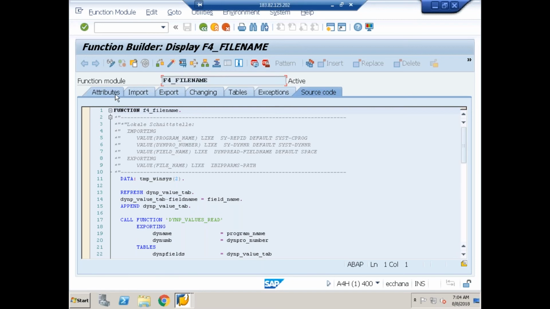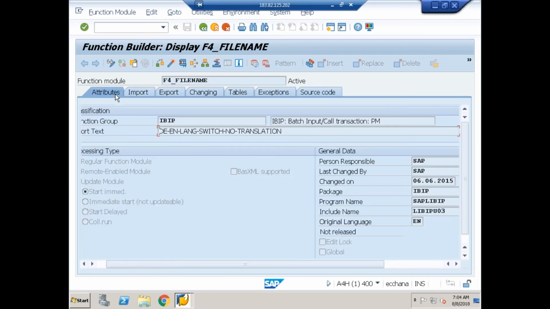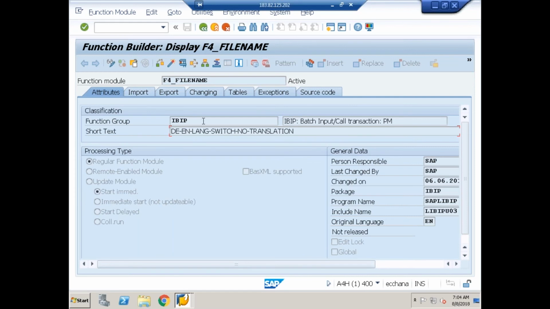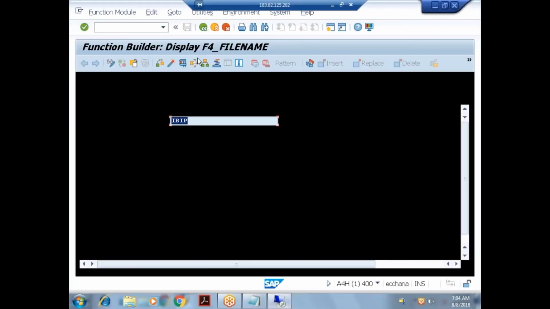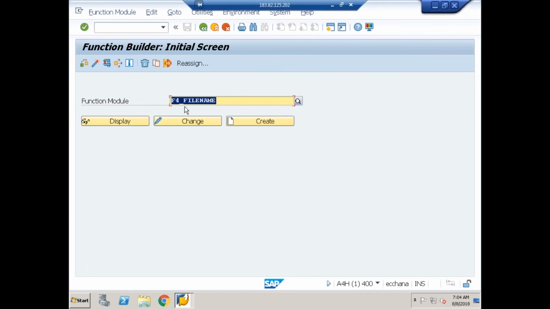If I go to the attributes tab, what is the function group they are giving? IBIP. So one of the function groups which we have is IBIP. In this function group, the function module stored is F4_FILENAME. Done. Now let me go back. I'll try to give another function module.